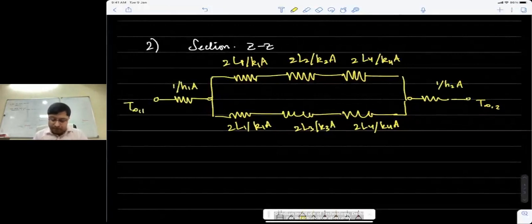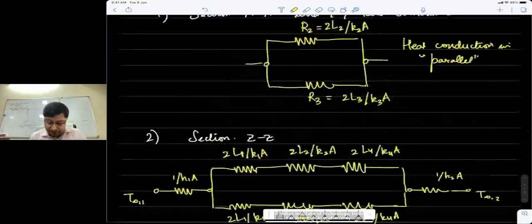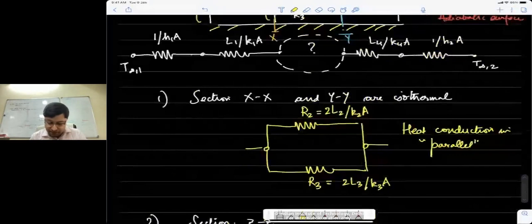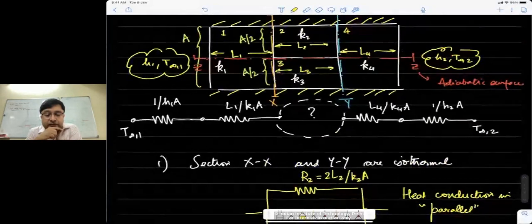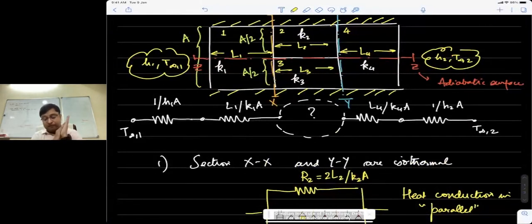Okay, Sir, in case 1, is any plane between the XX and YY planes isothermal? No, that is a good point. That need not be. I have assumed that, but I am not assuming every point between them is isothermal. So then won't there be heat current in the vertical direction? See, it could be. It is actually, but in this case, if you think of it this way, it's at steady state.